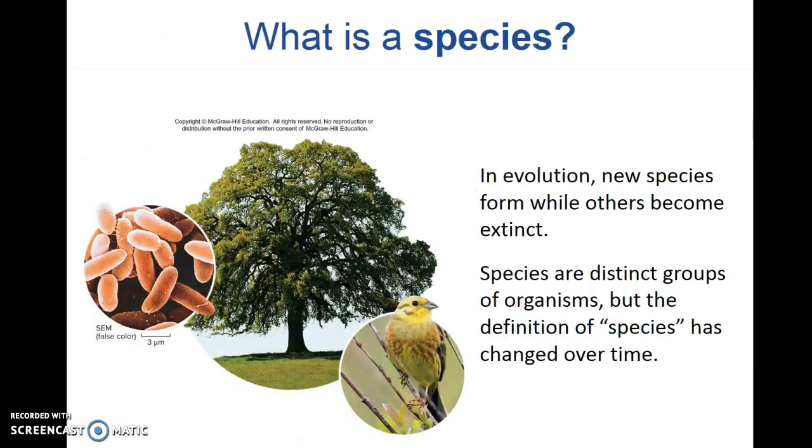Alright, so first of all, what is a species? You've heard me use this term lots of times, but we've never defined it, so we're going to define it very specifically now. A species is a distinct group of living things, and what makes species different from each other is that they are only capable of mating and reproducing with those in their own species,